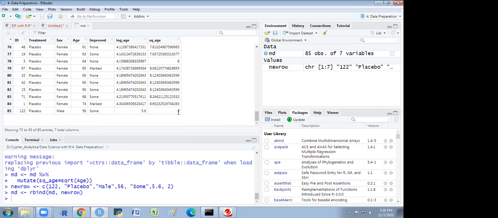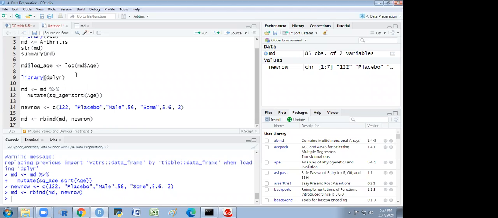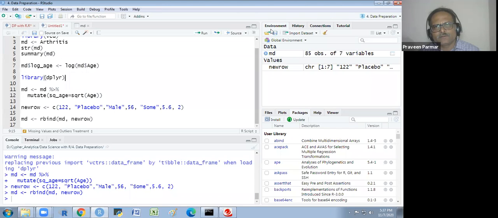Sir, getting an error for dplyr again. Should I install some package for dplyr? Okay, you are running dplyr, or what message is it giving you? There is an error: no package called dplyr. So you have installed it or not?